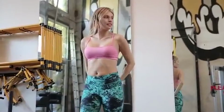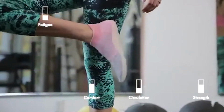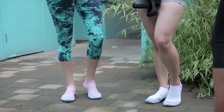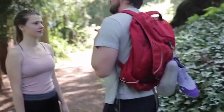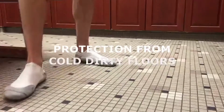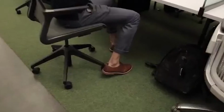Now you can have the comfort and freedom of your favorite socks with a supportive insole and the utility of a shoe. Our 3D socks are so lightweight and breathable, you'll forget you're even wearing them, and ultra portable, so you can take them along wherever you need more comfort and freedom. When they do get dirty, simply wipe them off or just throw them into the wash. We all love our socks, but have always